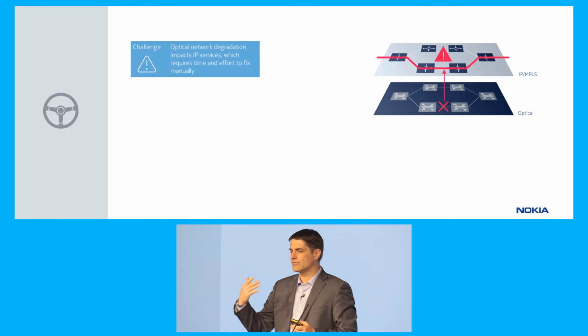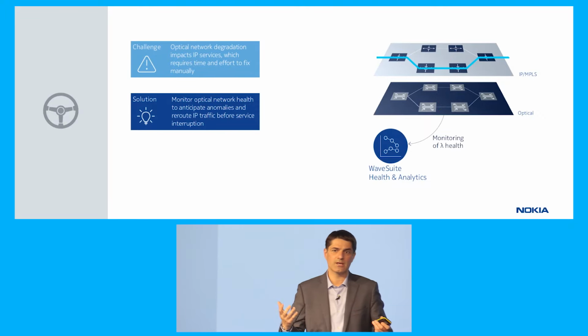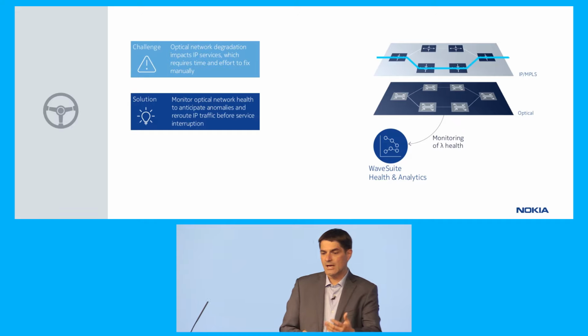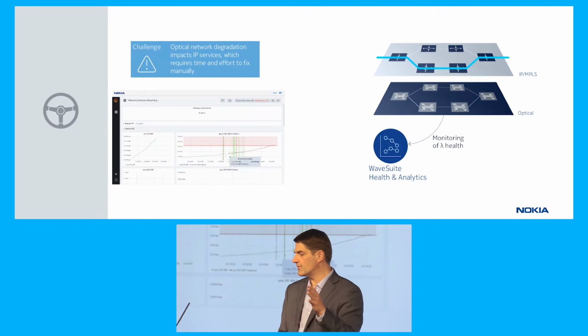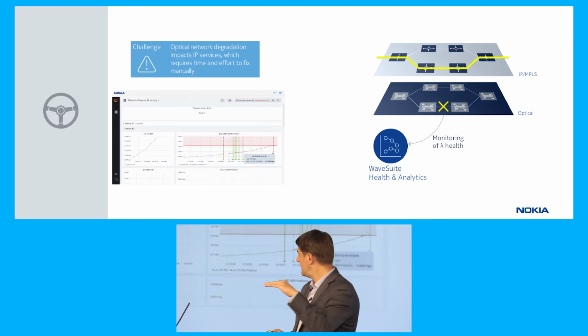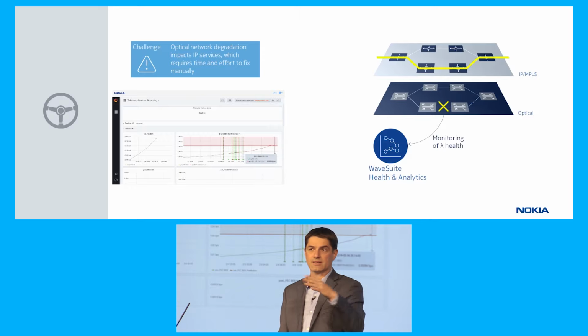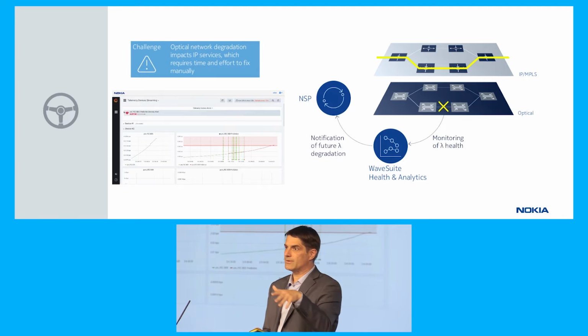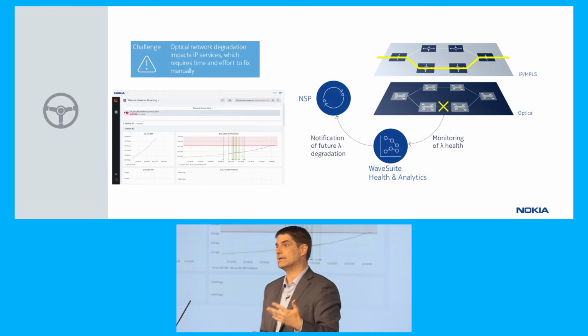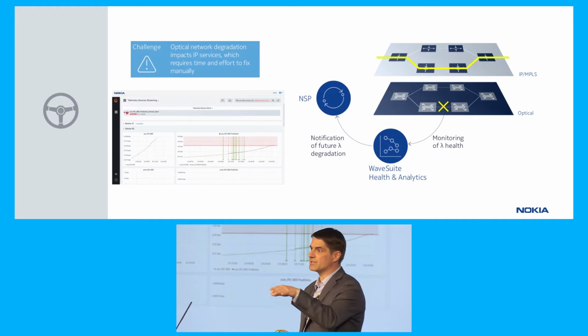So in order to prevent that, what they've shown is monitoring in the optical layer, using Nokia WaveSuite applications, monitoring the performance of the optical link, and seeing gradual degradation. And you can see a short video here, which they recorded, showing the degradation going towards the red line. And when it hits the red line, that's their arbitrarily set threshold, that triggers NSP to perform the reroute of the IP traffic away from that optical link. Now, that link hasn't failed yet, but it will because the degradation is slowly happening.